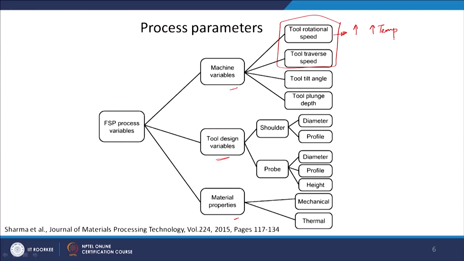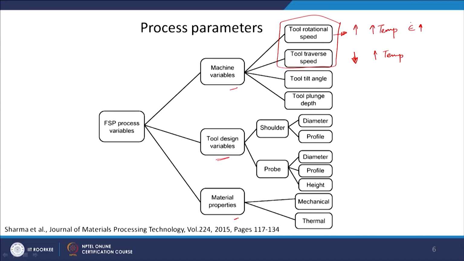So, you cannot keep increasing temperature continuously, but in general if you increase the RPM, the temperature attained will be more, and also because the stirring is more, the strain rate which you achieve will also be more as you increase the rotation speed. Now travel speed: if you have a slower speed, the temperature attained will be more. When you have a very high speed, your tool is not spending enough time at a particular location.